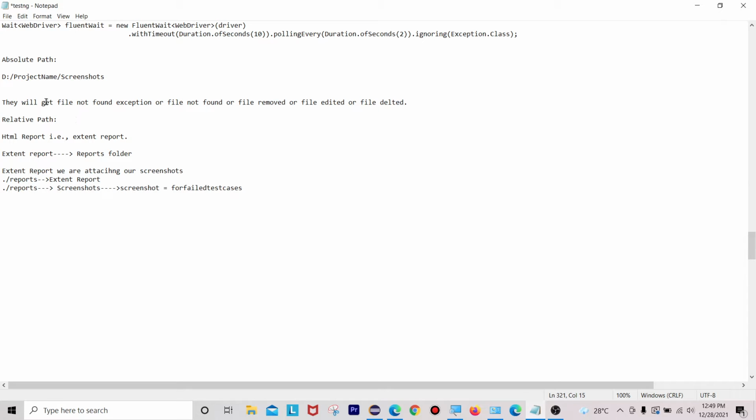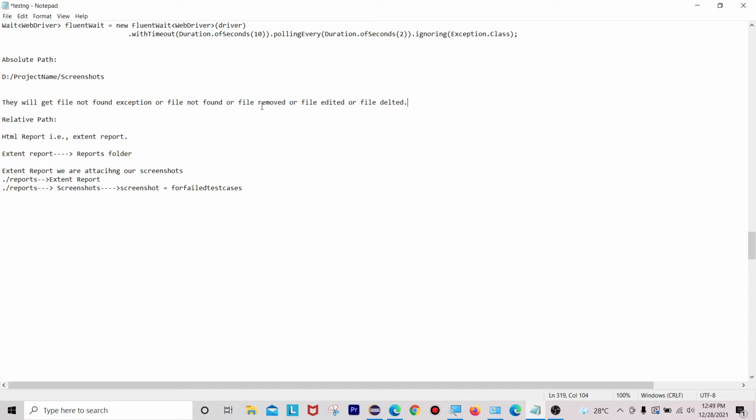If you mention inside your screenshots method System.getProperty("user.dir") along with this absolute path, then they will definitely not be able to access your screenshots, because the screenshots and this folder name are available on your local machine, but the same path they don't have. That's why they are getting the exceptions: file not found, or file removed, deleted or edited.